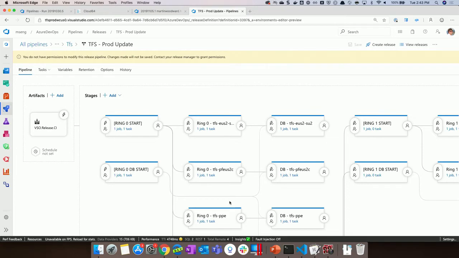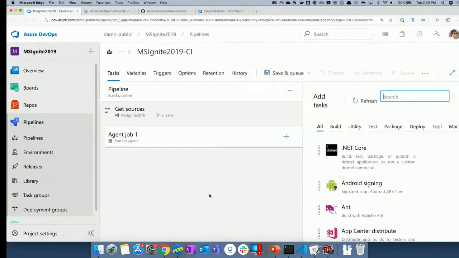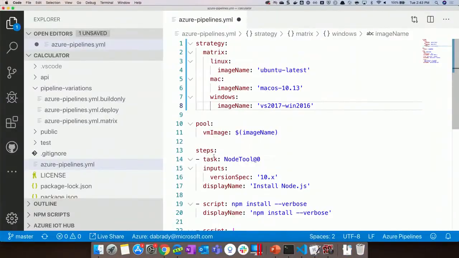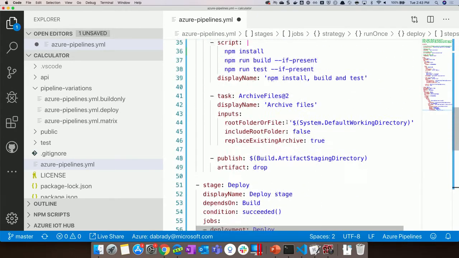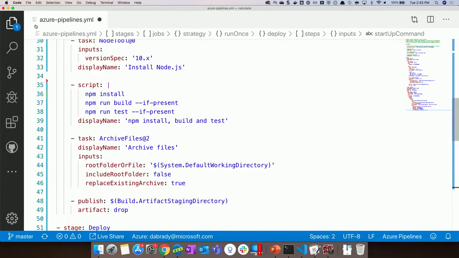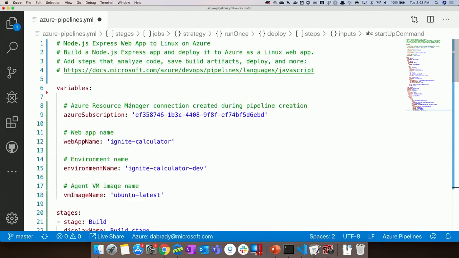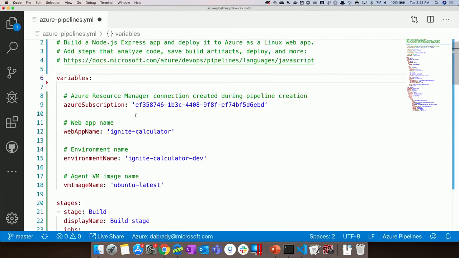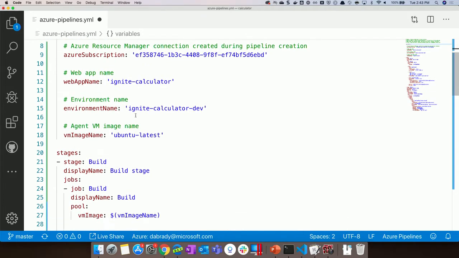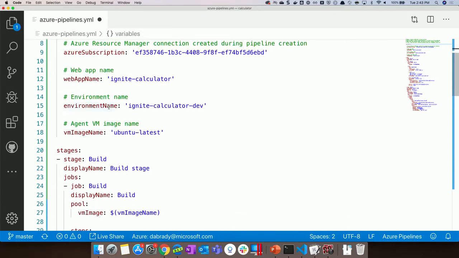So let's just have a look at where are we in here. We'll have a look at our node one, and I'm just going to replace this with a multi-stage pipeline. So this looks a little bit complicated, and I'm going to close this just for details. But it's actually fairly simple. We're using a couple of variables that point to my Azure repo, my Azure subscriptions and the website that we're deploying to and stuff like that. We have an environment name, which I'll come back to in a second because we're deploying to our dev environment.